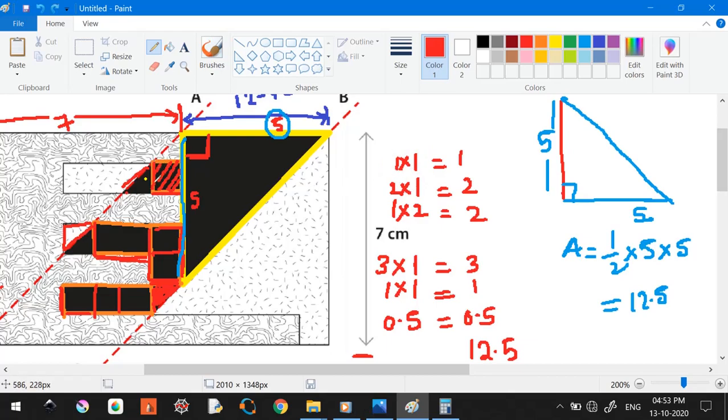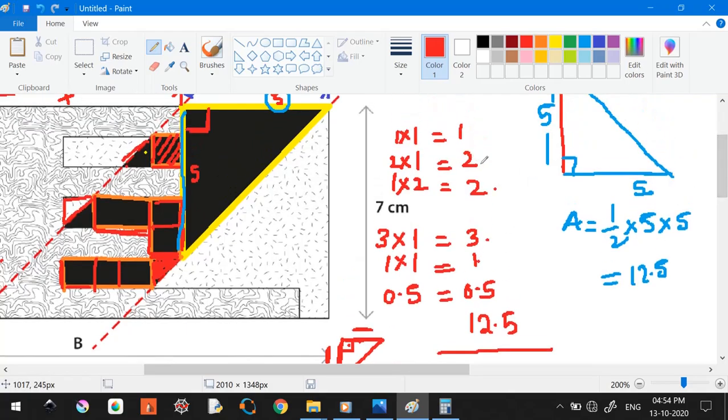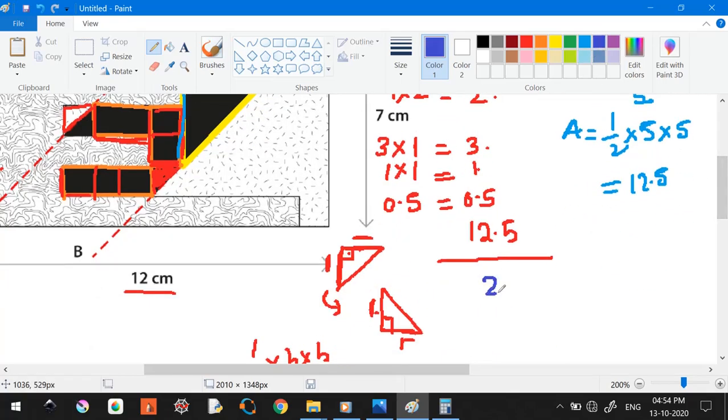I hope you got how I arrived at 1 by 1 by 1, 2 by 1. 1 by 1 means this square, or rectangle, the area of which, if one side is A and the other side is B, is going to be A into B. This I have explained in a previous video. You can check that on basic maths if you want. So A cross B, which is 1 cross 1, which is 1 into 1 is 1, right? Cool. So 12.5 plus 0.5, 13, 14, 17, 19, 21, 22. So the total is going to be 22 centimeter square, I guess. Okay, so the area is 22.